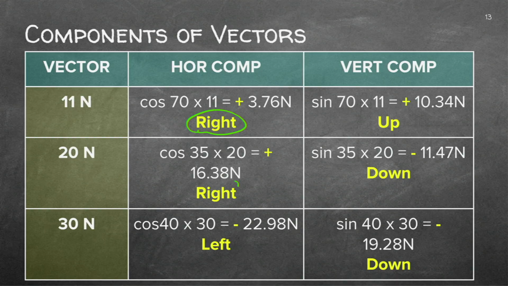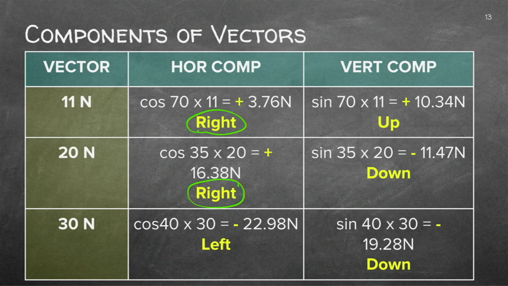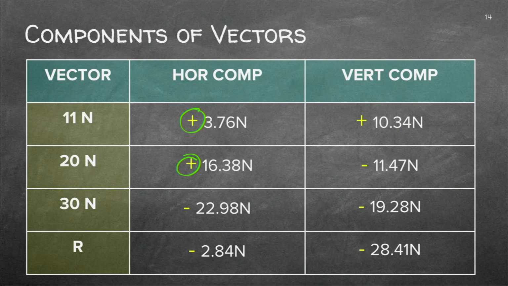I've got the right one as a positive value, and I've got the left one as the negative value. As you know, my x-axis to the right will be positive and to the left will be negative. And that's exactly what I did there. Exactly the same technique you'll follow when you do the y-axis. This one went up, so that will be the positive. This one went down, therefore the negative. And that one was also, if you remember, down. So it's also a negative value.